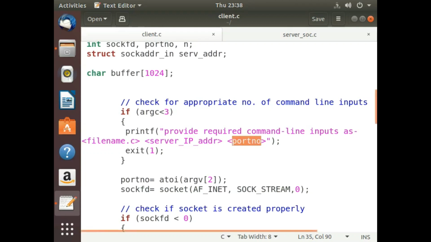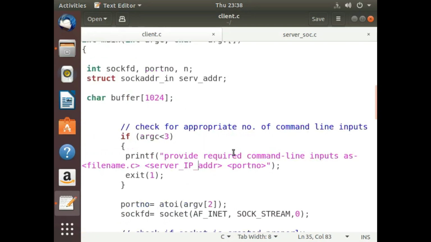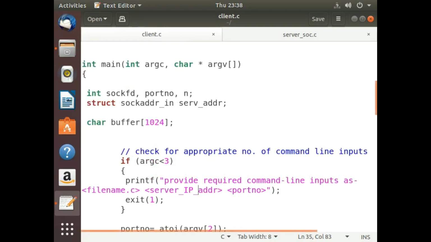If your system is having any IP address, you can provide that over here. Otherwise, if you're running server and client on the same system, you can provide the loopback address. Okay, the same variables that we declared earlier are here more or less.